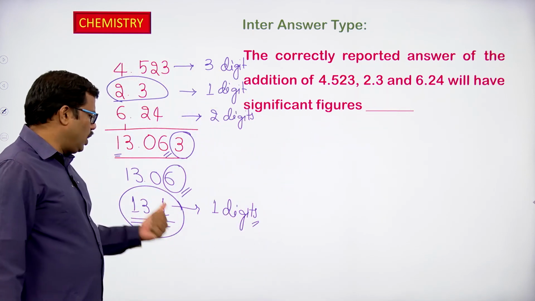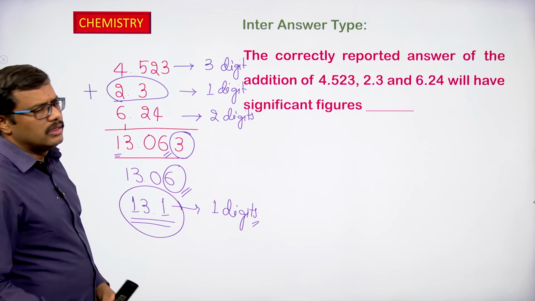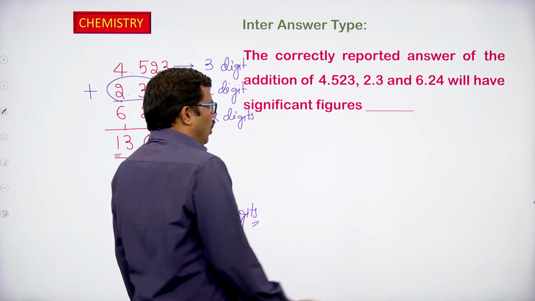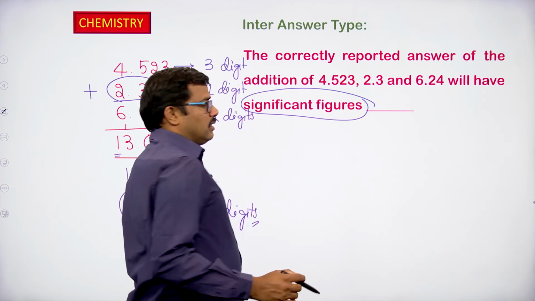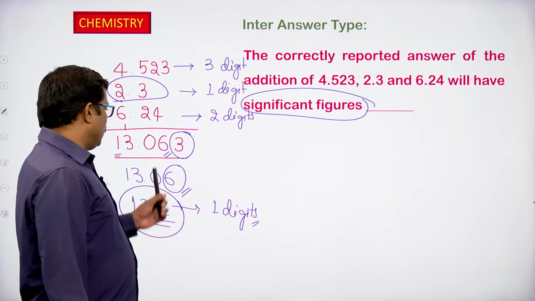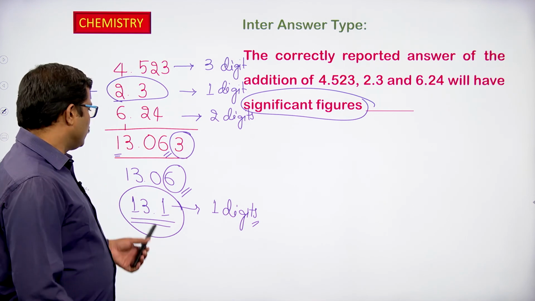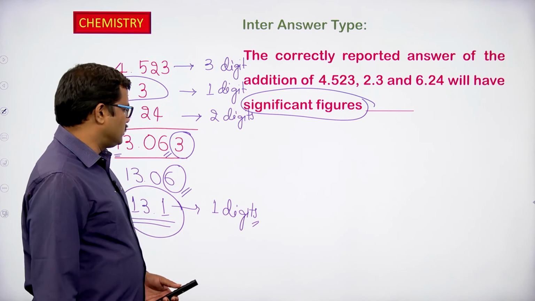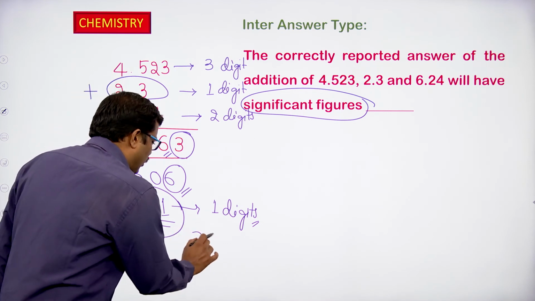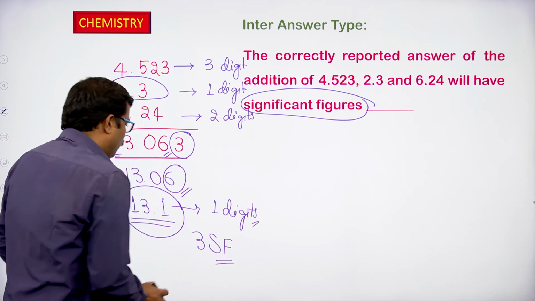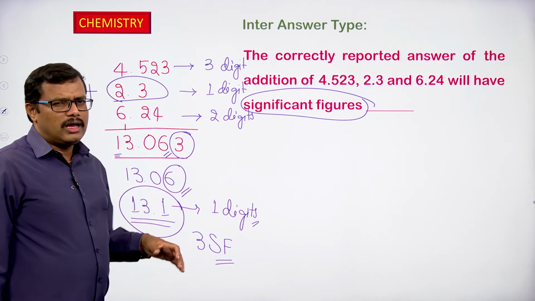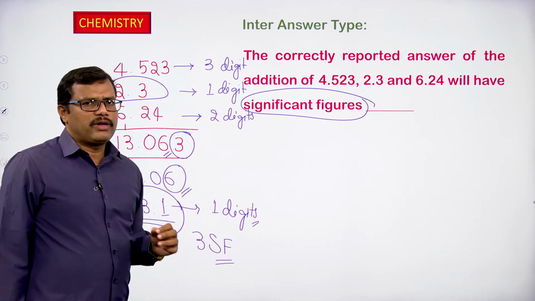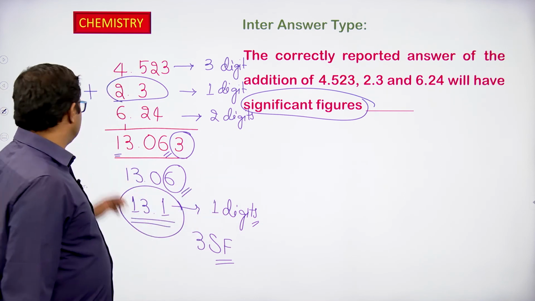Okay. So, 13.1, how many significant figures are present? They are not asking us to express the value, but they are asking us to count the number of significant figures that are available in this particular case. Here, if you observe, it is 1, 2, 3. The number of significant figures in this case is 3. All are non-zero digits, and all the non-zero digits present in the result are significant. So, we have 3 significant figures.